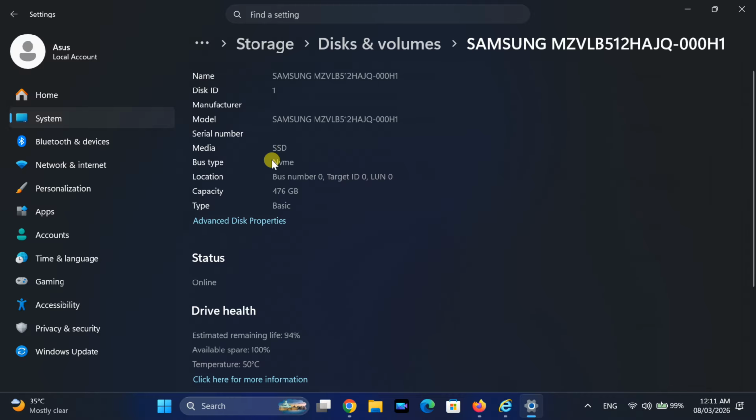And that's it. That's how you can quickly check your SSD health and temperature in Windows 11 using the built-in